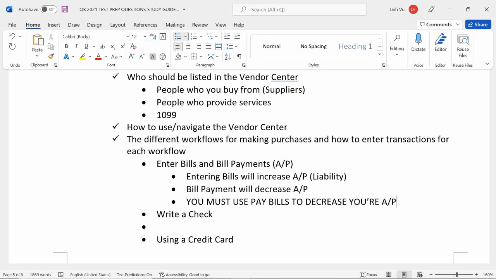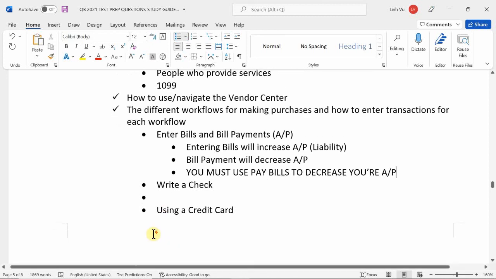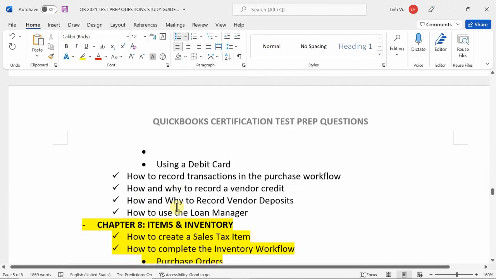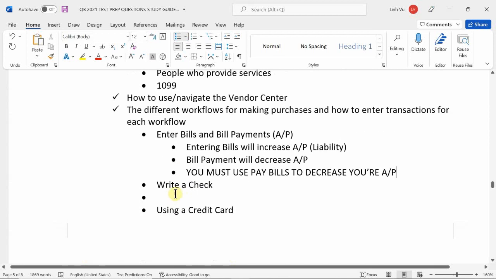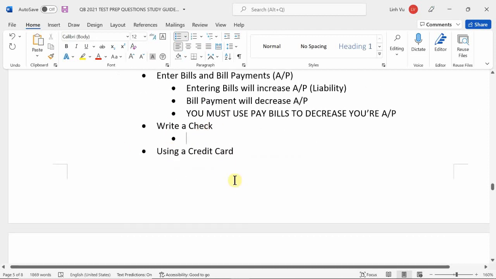And what did it give me? A note. It gave me an error code saying, no, you cannot use the write a checks function to pay for a bill. Okay? All right. So then what about using the write a checks function? Okay. Yes, you can pay your vendors by writing a check using the write a checks function. And how do you do that? Well, you have